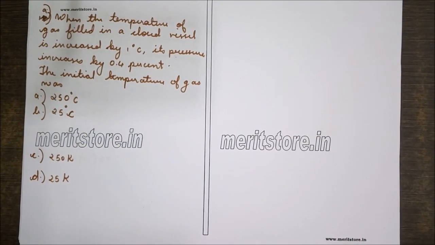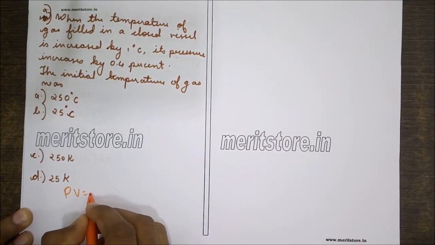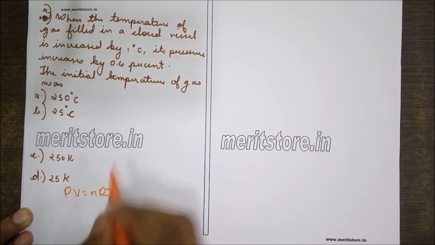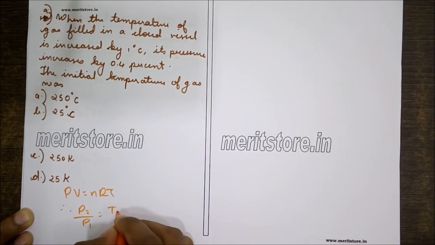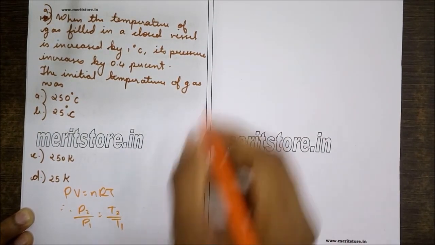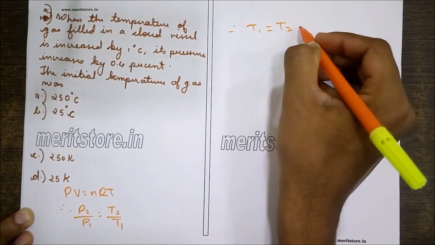When the temperature of gas filled in a closed vessel is increased by 1 degree Celsius, its pressure increases by 0.4%. The initial temperature of the gas was, the options given are 250 degrees Celsius, 25 degrees Celsius, 250 Kelvin and 25 Kelvin. Now let's use the ideal gas relation PV equals nRT. Now since volume of the vessel isn't changing, so volume is constant, nR are anyways constant, so therefore P2 upon P1 is equals to T2 upon T1,